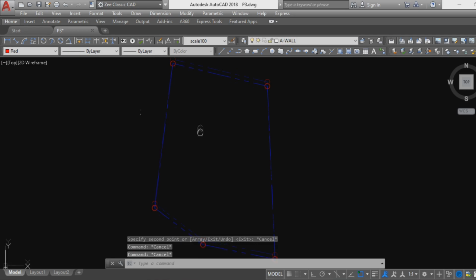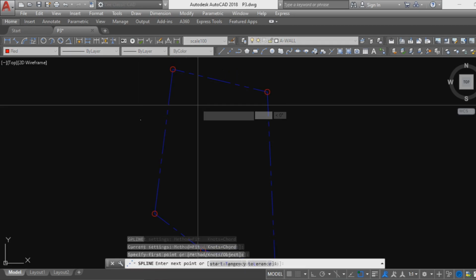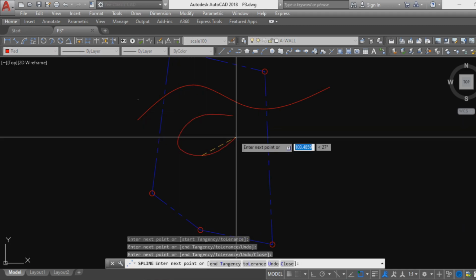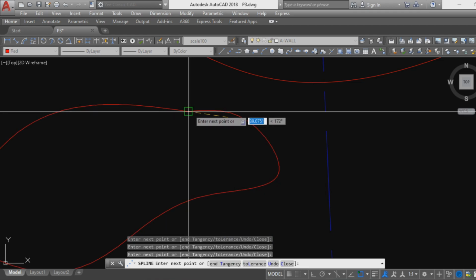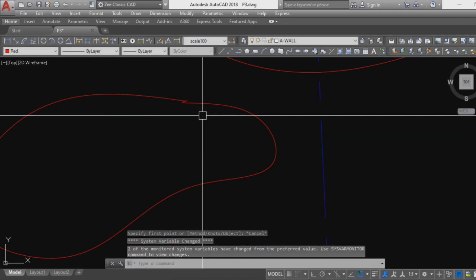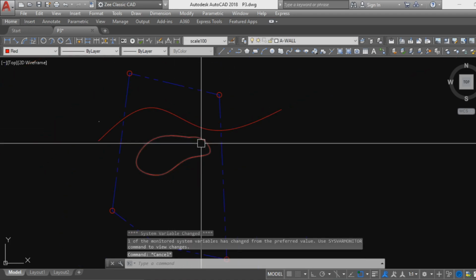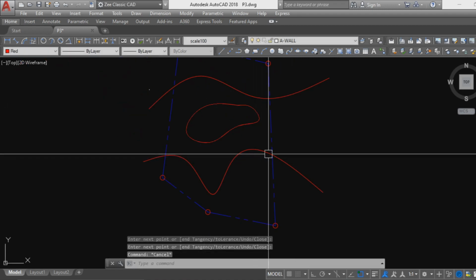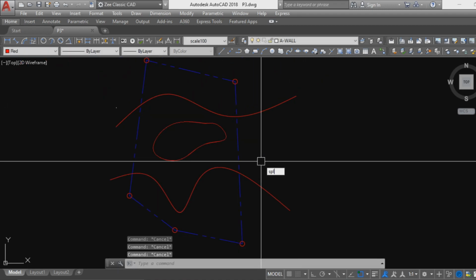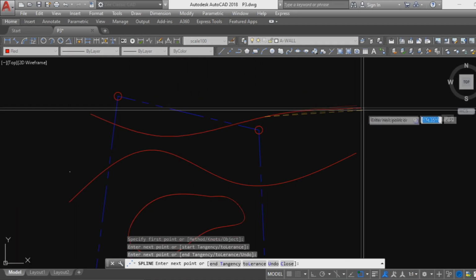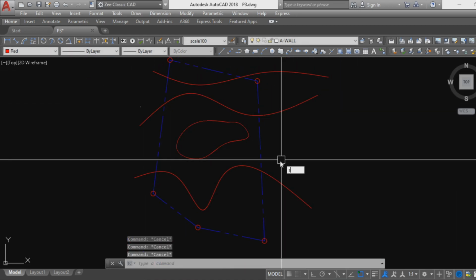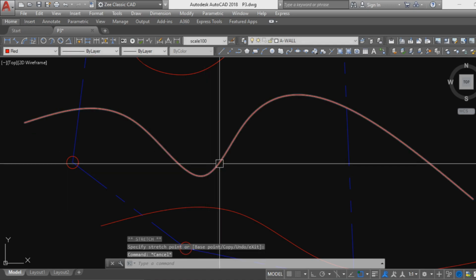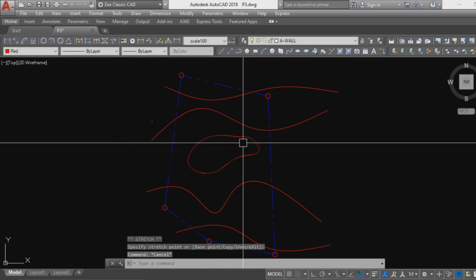If the lot has contours, you can use spline. Here, PL, then let's put